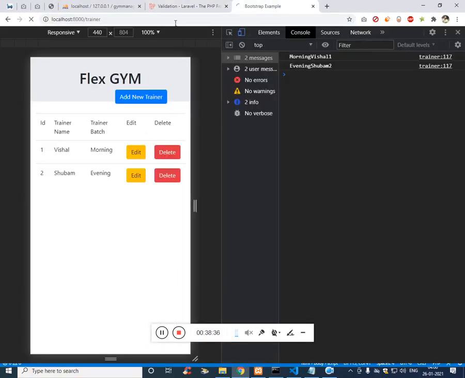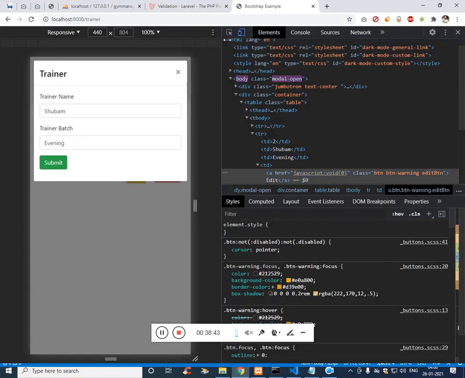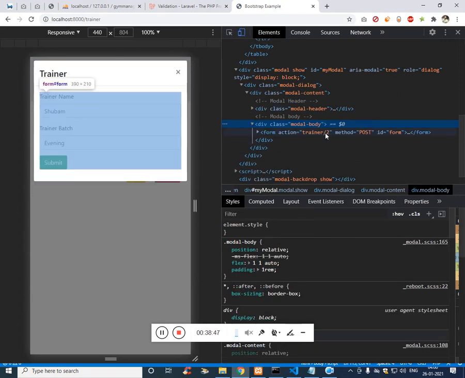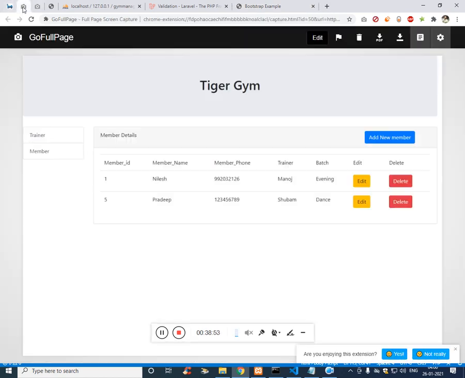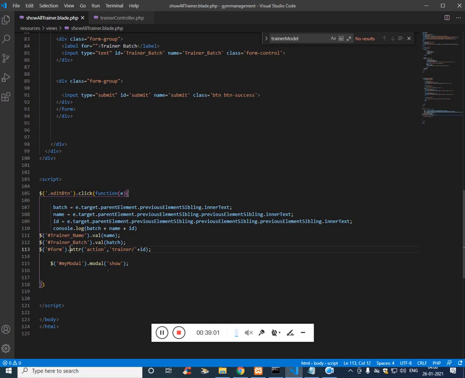refresh it. So this is id2. So if I click on the form actions, you should see id2. So it is working. Now you can see the method post is there, but for update we have to use the method put. So this is little tricky one, and we can do it without any issue.